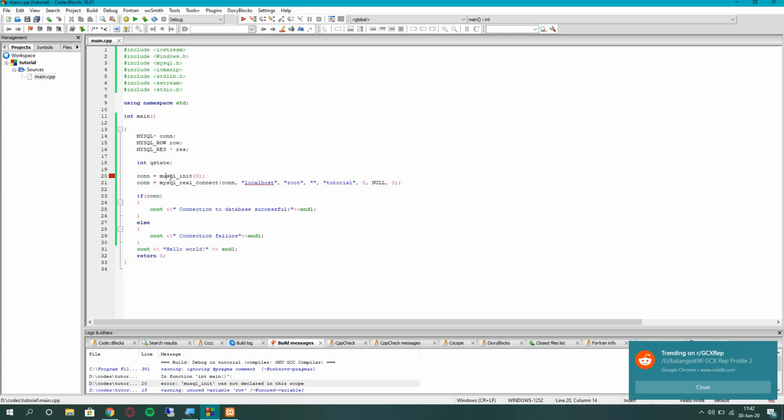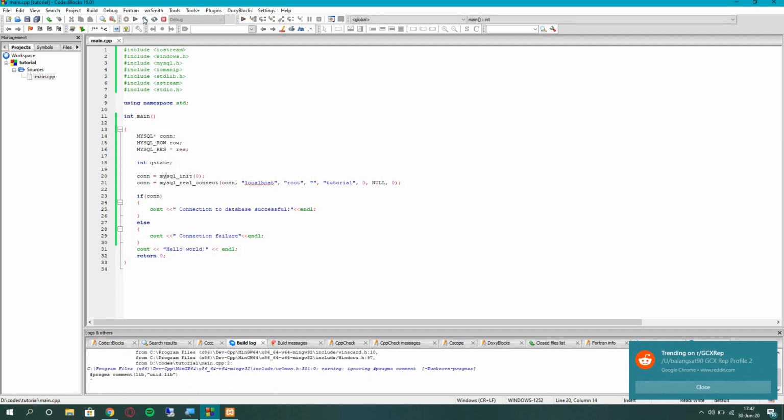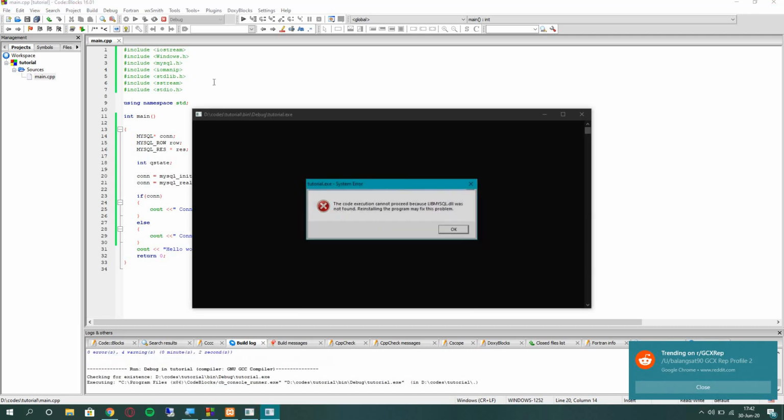Oh, I made a mistake. My SQL, I didn't move, so I corrected my SQL. So we had this code execute. This code cannot proceed because